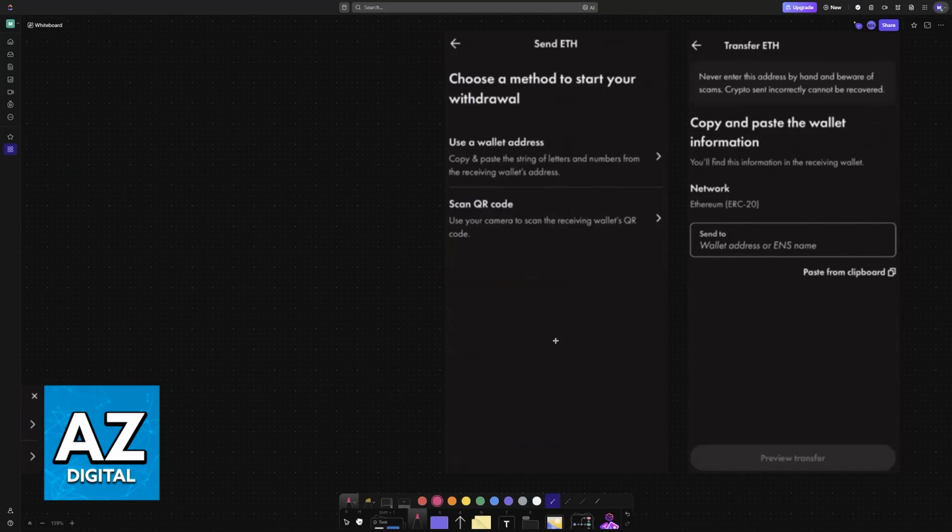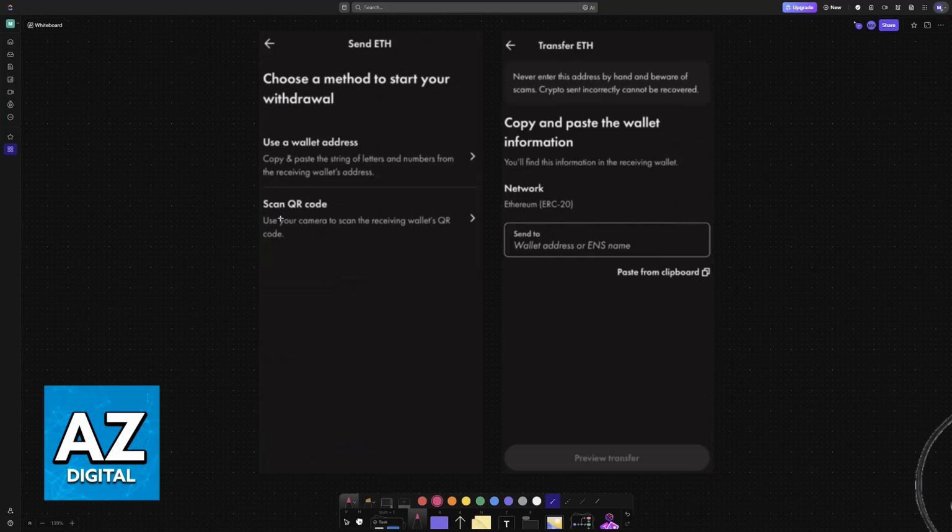Now, whenever you choose the send option, it is going to ask you to choose between a wallet address or a QR code. For this video, I highly recommend that you use a wallet address. A QR code can actually work as well, so if you know how to scan the QR code that you will be receiving, you can choose that instead. But a wallet address is the classic method. So you make sure that the network is good to go. Usually default is enough. And then this is going to be the ColdWallet wallet address.